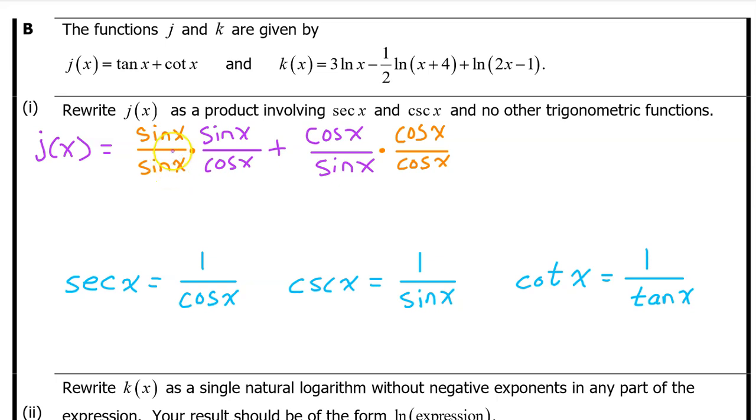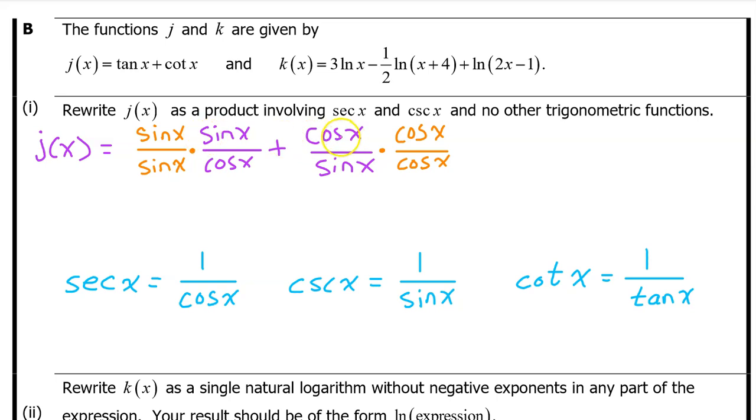This is valid because sine x over sine x is really just 1. Dividing anything by itself is 1, and multiplying by 1 does not change the value of the expression. Similarly, multiplying by cosine x over cosine x is also just multiplying by 1. But notice that now we have like denominators, sine x cosine x and another sine x cosine x. When you have like denominators, you can add the two fractions together using the common denominator and adding the two